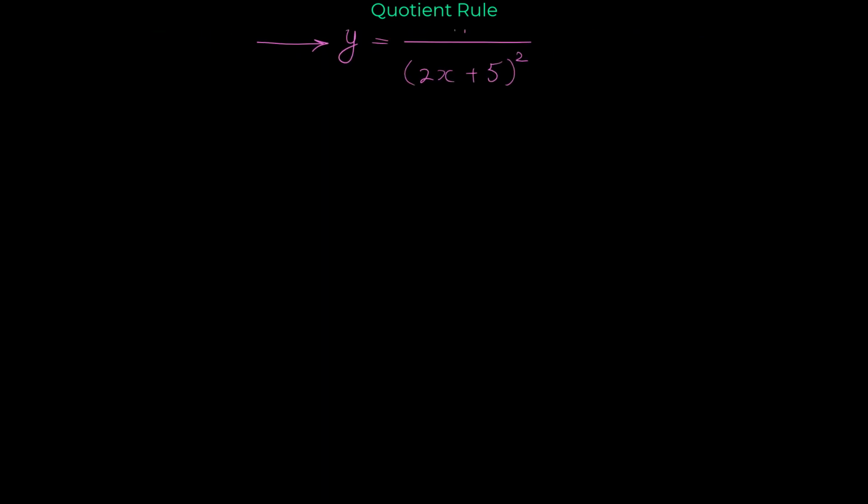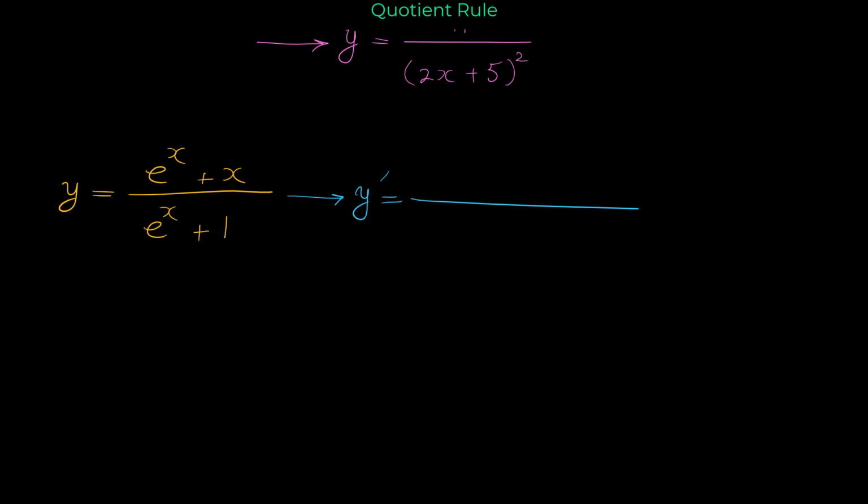Let me show you another example. Consider this function: y equals e to the x plus x over e to the x plus 1. We have a fraction, and for finding the derivative of this, we need to use the quotient rule. Based on the quotient rule,